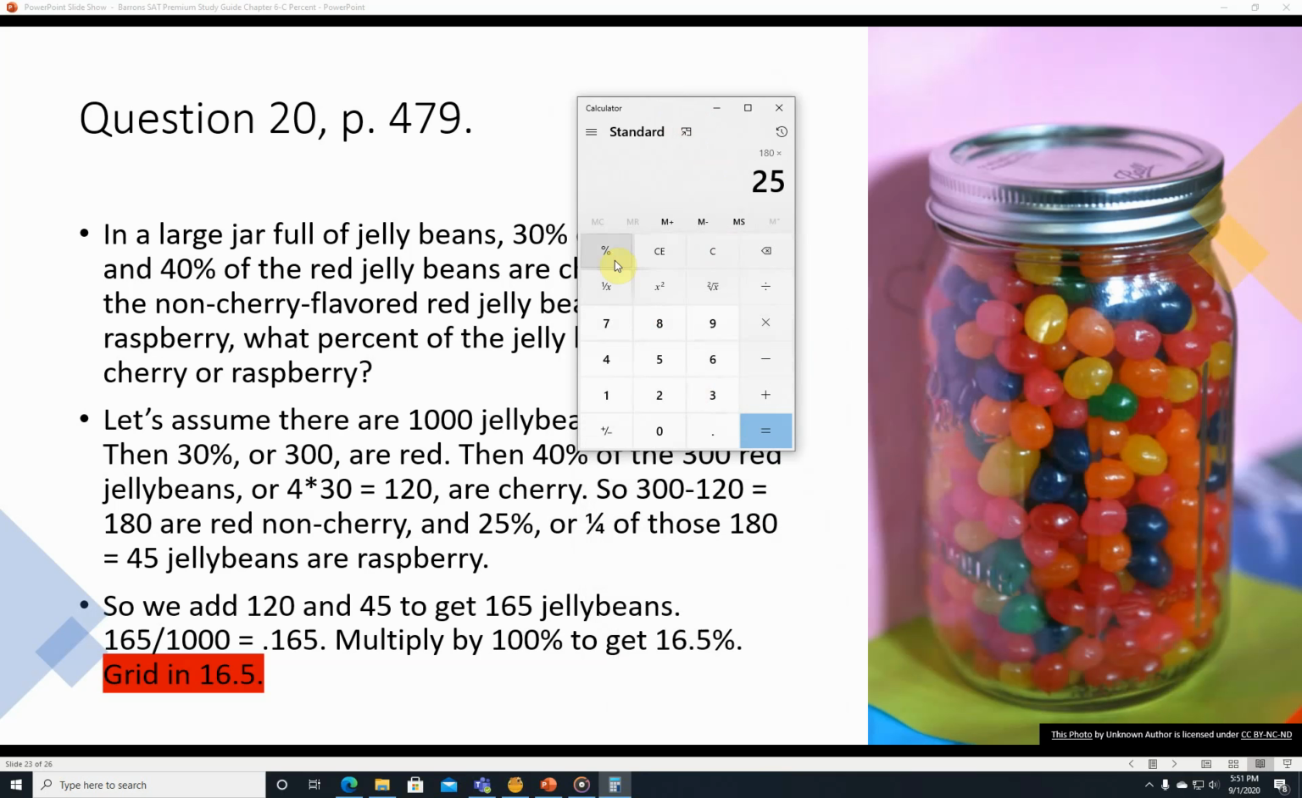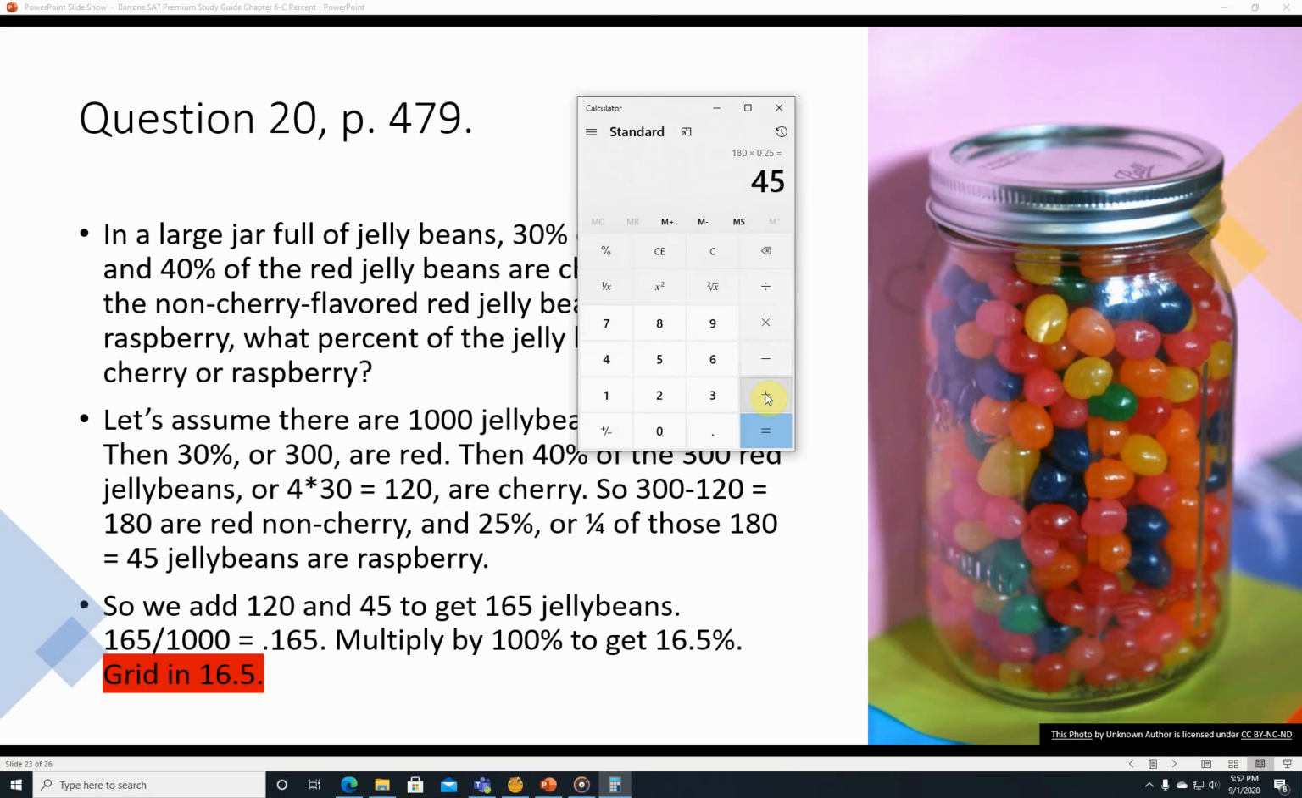You could just multiply it by a quarter if you wanted, since 25% is a quarter, and we get 45. So 1/4 of the 180 non-cherry red jelly beans are raspberry. Okay, so we have 45, and they just want to know what are cherry or raspberry, so you take 45